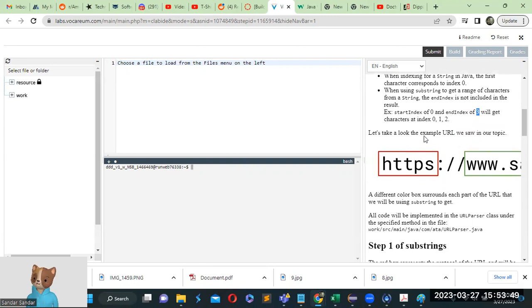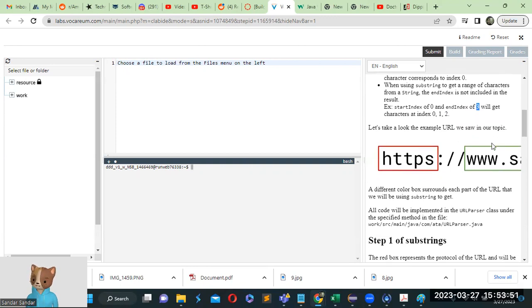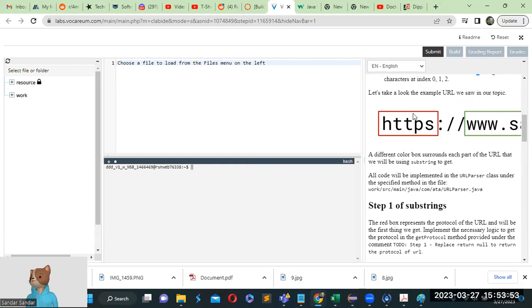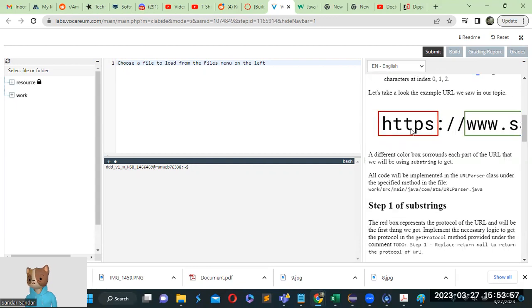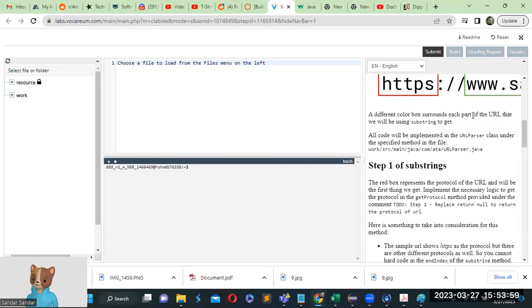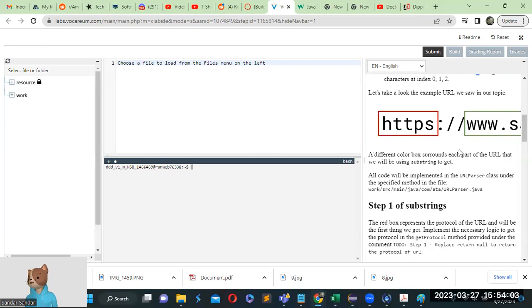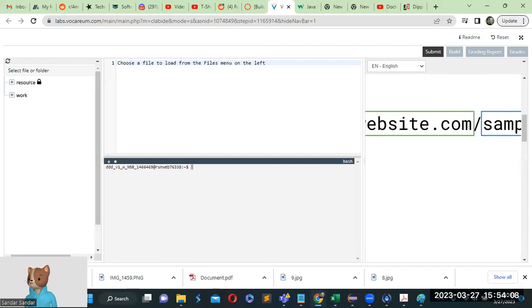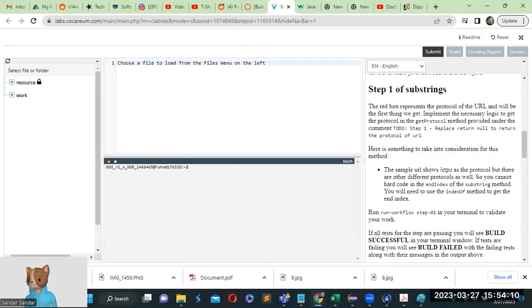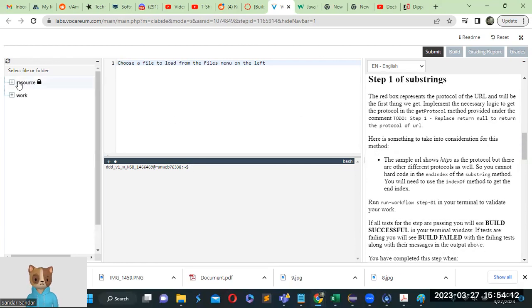So let's take a look at the XML URL we saw in our picture. It has three parts: a red part, a green part, and a blue part, a different color box around each part. We will be using substring to get the red box substring, the green box, and the blue box in this module. So step 1,